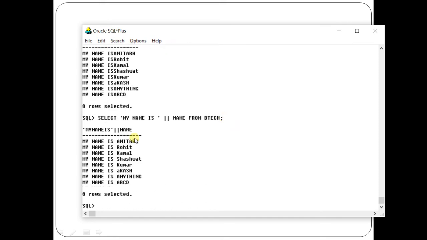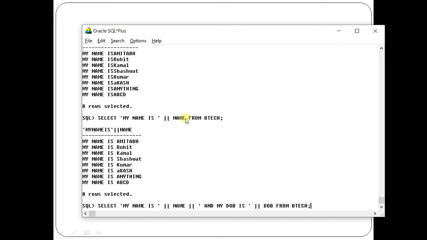So what you can see is there is only one column and my name is Amit, Amitabh, Rohit, something like this is coming. Let us extend it further. You want to display and my date of birth is, DOB from BTEC.